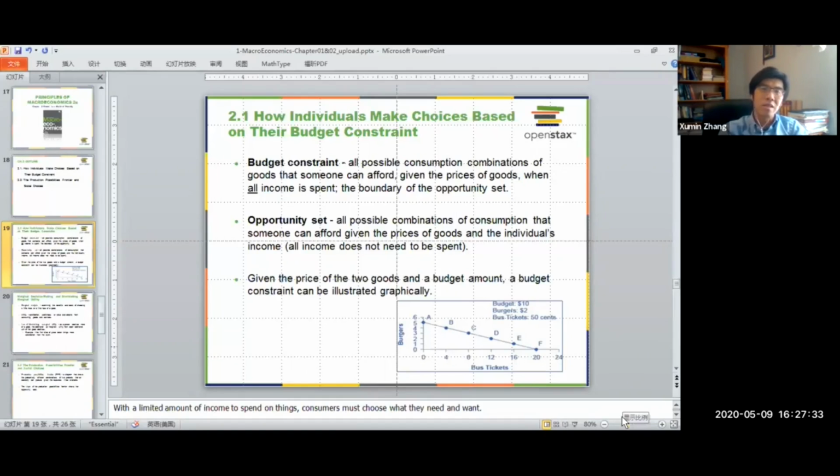I would say that we face the choice to spend either on a pizza or on some drinks. It can be coffee or other things, okay? So we have a certain amount of money, and we have to spend it on both of them, or only on pizza or only on drinks. First of all, we are facing the so-called budget constraint. We have the limit, right? We don't have enough money to consume